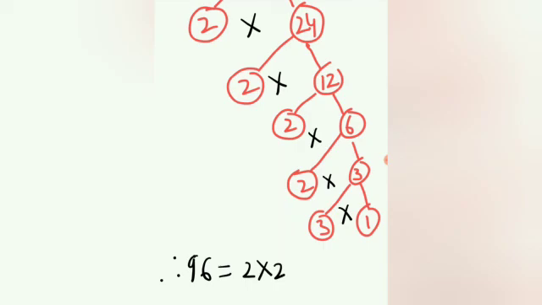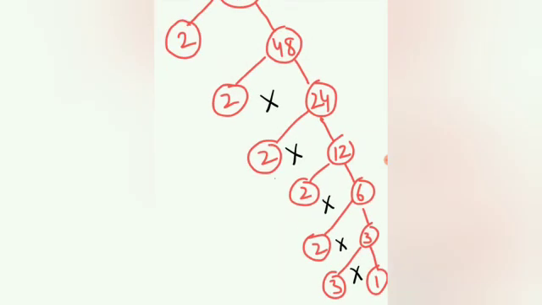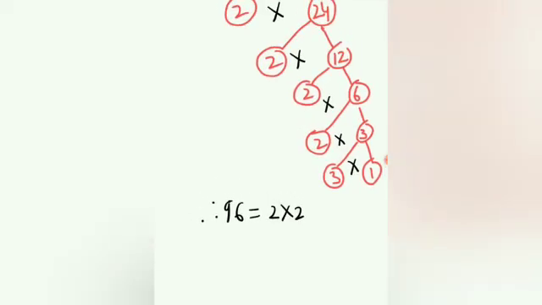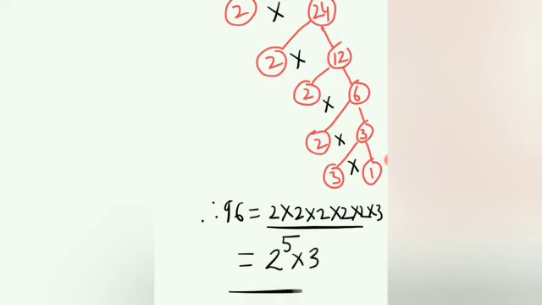So this we have done, and I told you that in between you have to write the multiplication sign, and use your pencil to make the factor tree. Now in the last we will write: therefore the factors of 96 are equal to 2 into, how many 2s are there? 1, 2, 3, 4 and 5. So we write 5 twos, into 3. Now if we want to write it in index notation, it will come to 2 raised to the power 5 into 3. This is the answer.